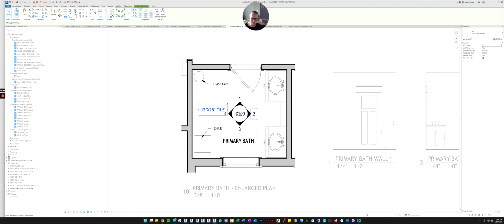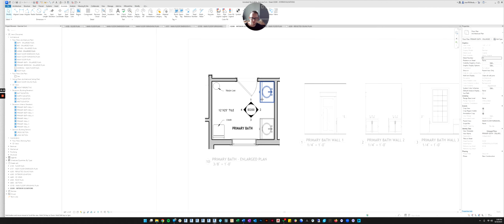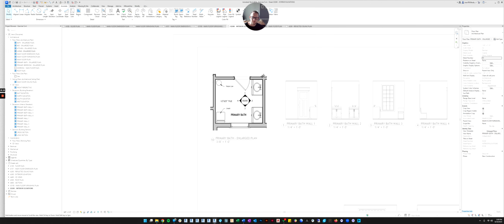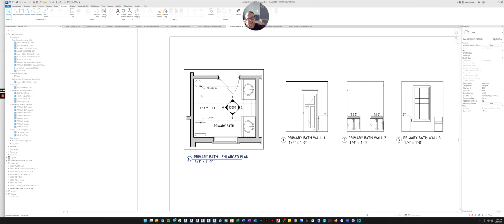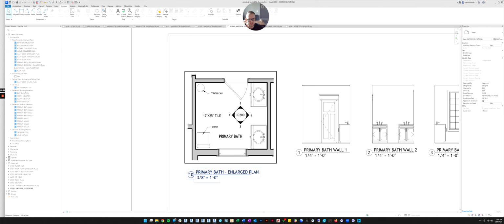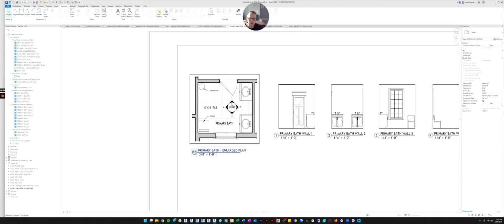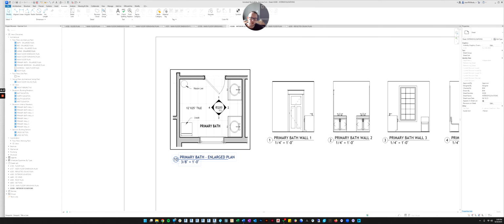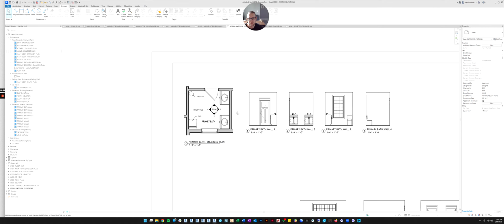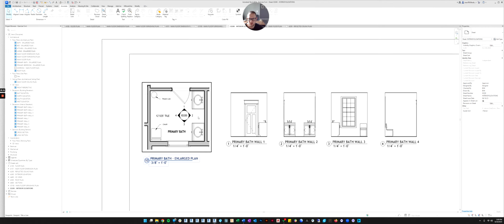And we could tab select the big circle here and move it over just a touch so that we can call out the tile in this room. But it's really whatever you want. The reason we do an enlarged plan is so that you can start calling out specifics about the finishes. So for now, just know that you can do that. You don't have to call out anything right now if you don't want to.